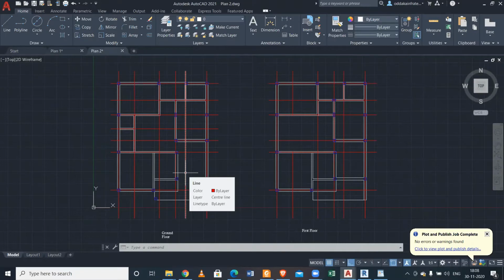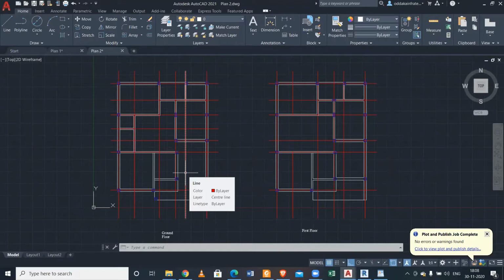I think I've made one mistake in that column. So, the column positioning which we have done: while we do the column positioning after making the architectural plan, we just do it for a basic idea, so we can keep all the columns of the same size, like 10 inch into 10 inch.